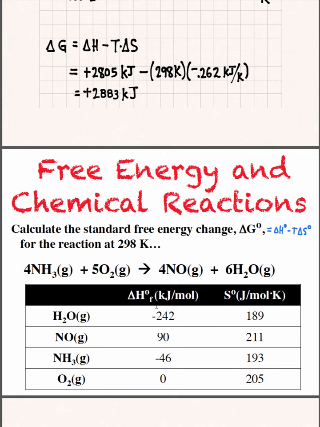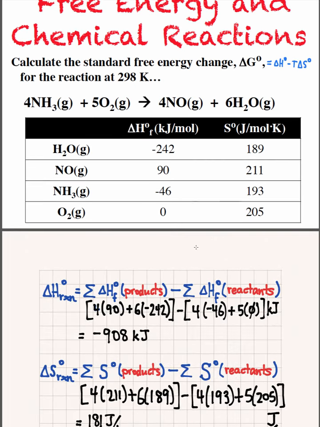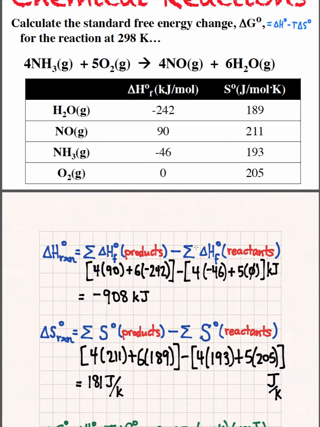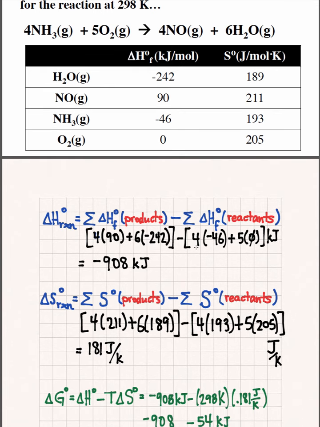There we go. So my products minus reactants of my enthalpies and my products minus reactants of my entropies, and I'm at 298 Kelvin. And you could pause the video if you want more practice with this right now, because you know I'm about to show you the answer. Or not, because here's the answer. So products minus reactants, and the only way for you to get good at this is to sit down with it and try it. So if you didn't pause the video and you didn't try it, shame on you, but